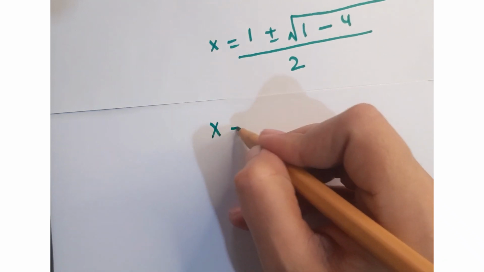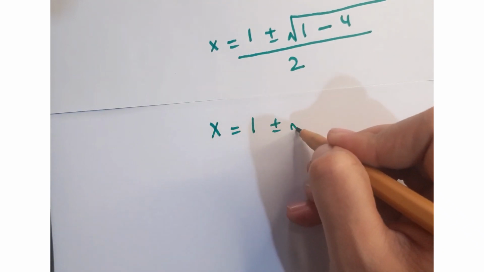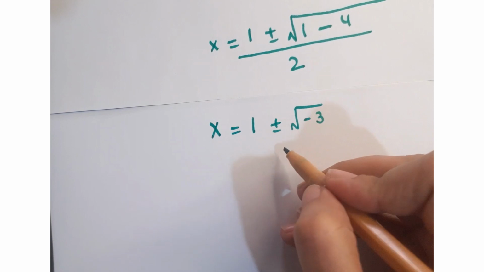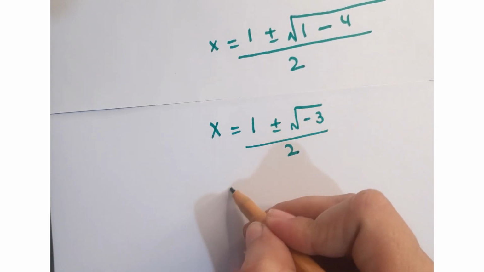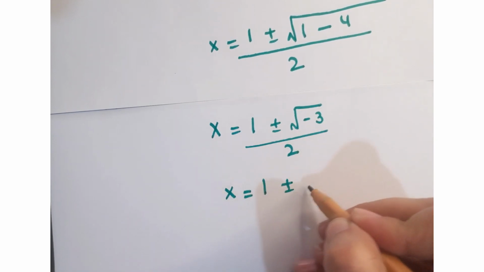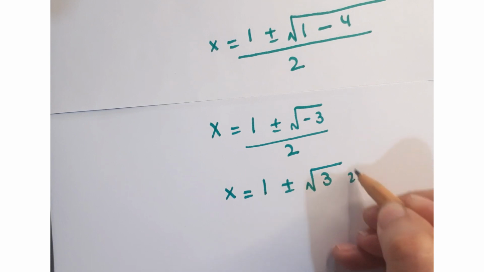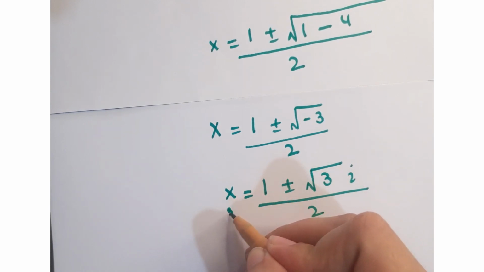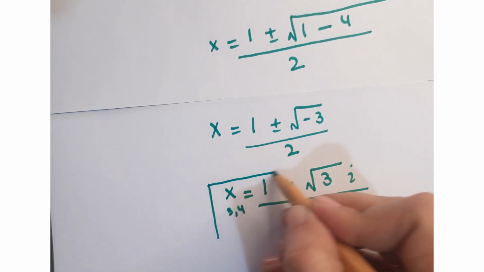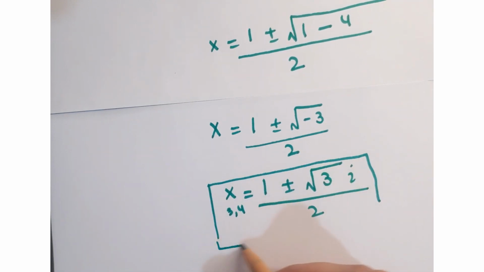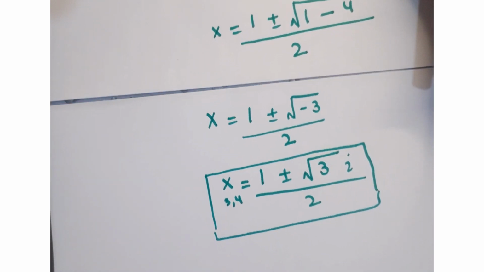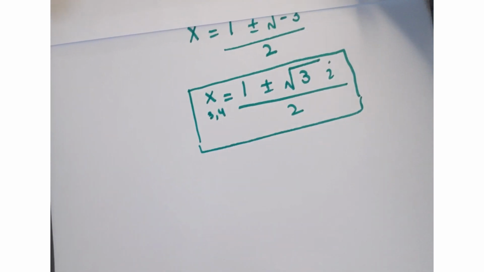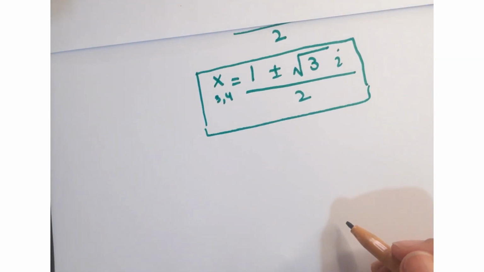Further, you can write this as x is equal to 1 plus minus under root minus 3 upon 2, or x is equal to 1 plus minus under root 3 i upon 2. So this is the third and the fourth solution of x. Now these are the complex roots of x. Now we are going to verify the real roots. So for verification,